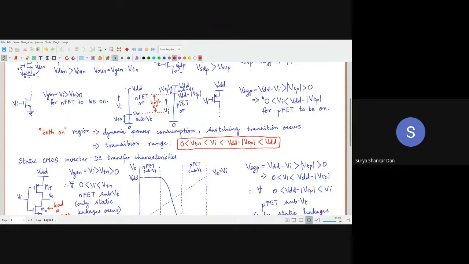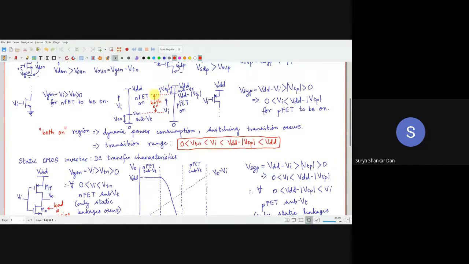All right, so once we have understood that, we figured out that if we are increasing the input voltage Vi, the NMOSFET will turn on only after Vi reaches VTN, that is, as long as Vi is greater than VTN, the way I have shown over here. Similarly, the PMOSFET will remain switched on as long as Vi is between 0 and VDD minus VTP. Within the range of VDD minus VTP to VDD, it is going to be in the subthreshold region. We have seen that.